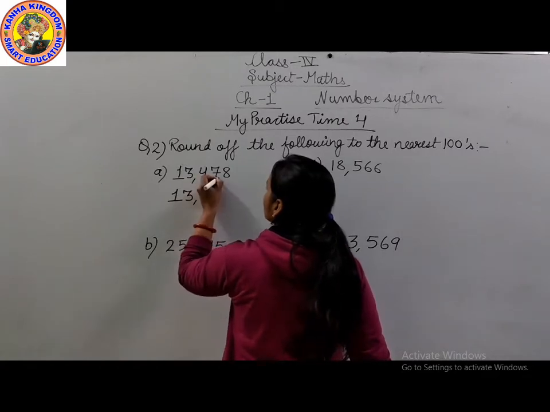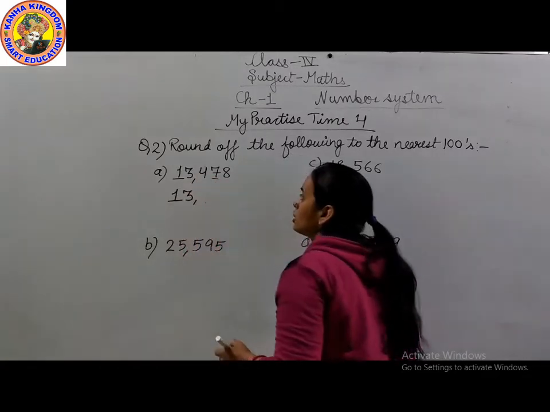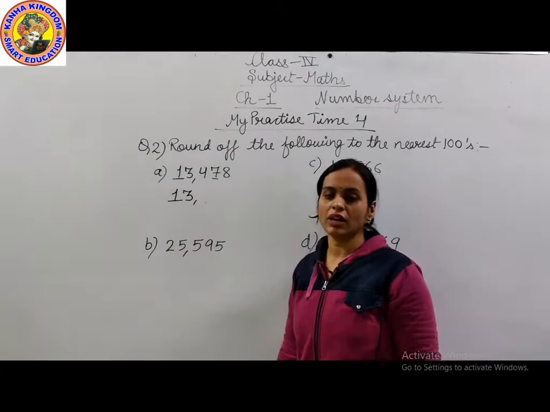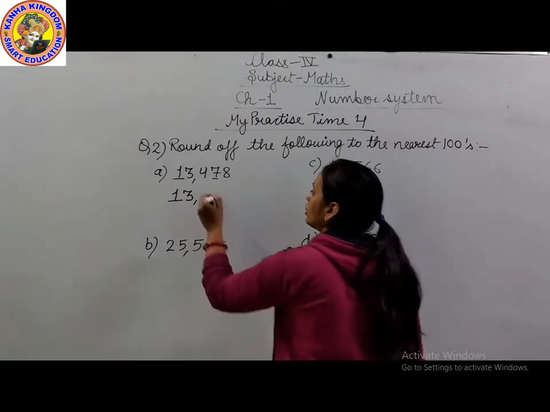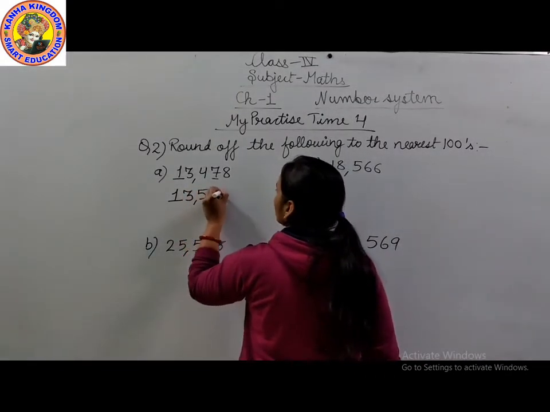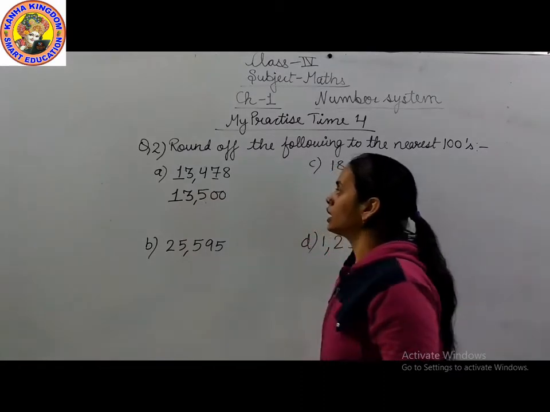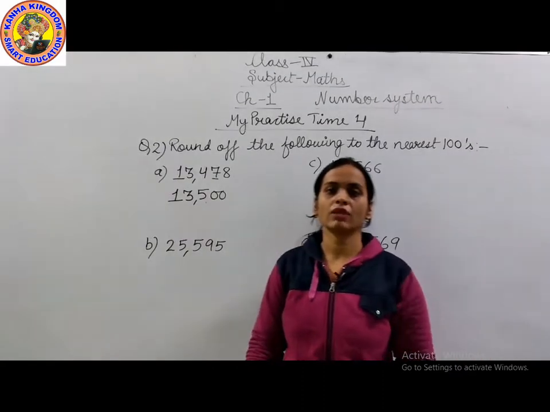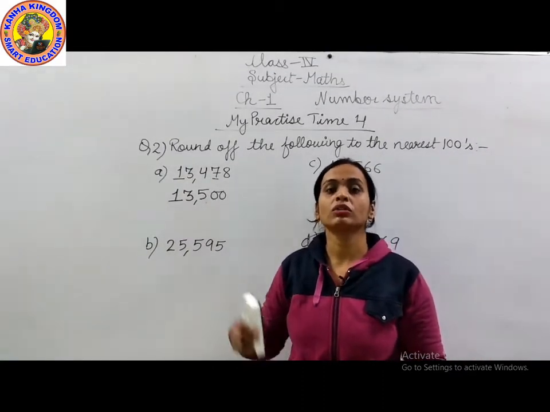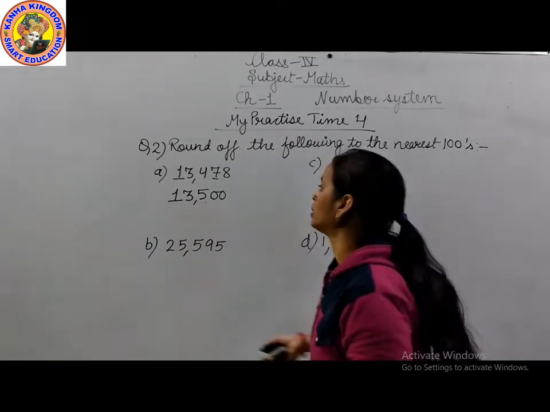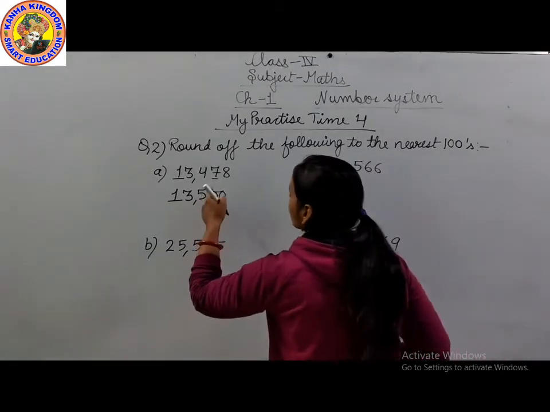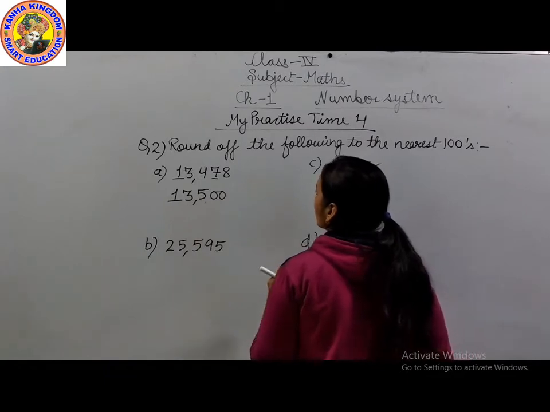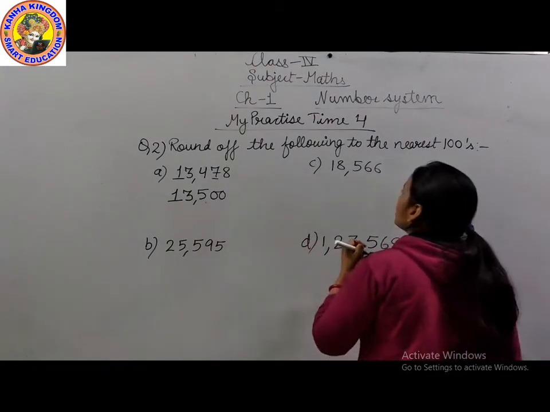13,478. The digit at the tens place is 7. So 7 is more than 5. So we write here 13,500. If the tens digit is 5 or more than 5, we write the next 100. So 400 plus 100, we write here 500. Okay. Now next is